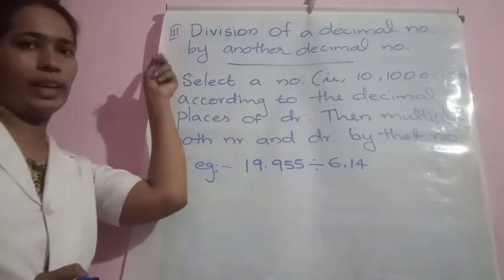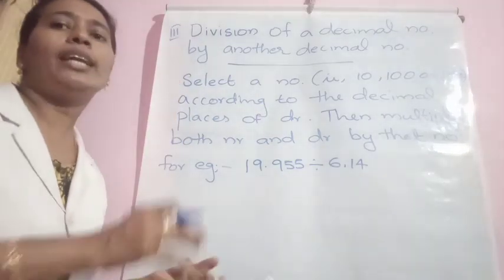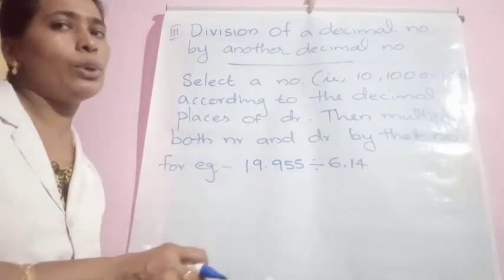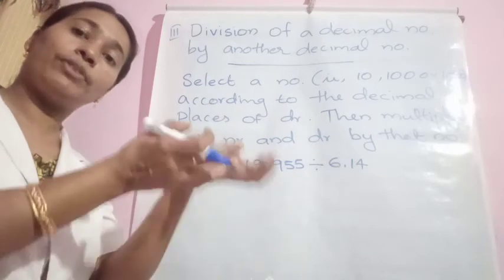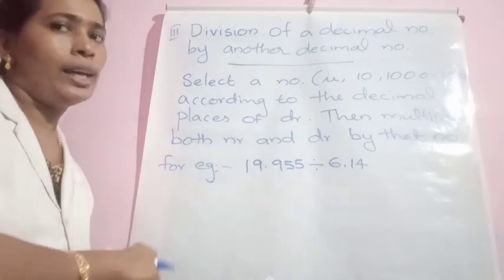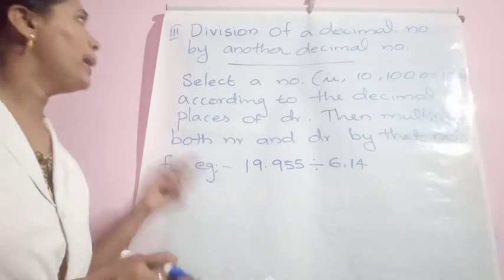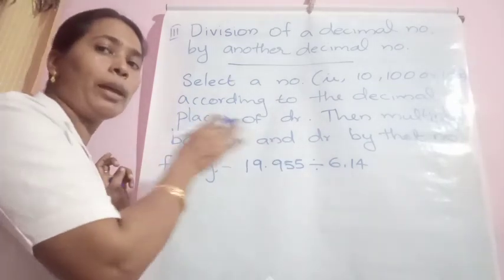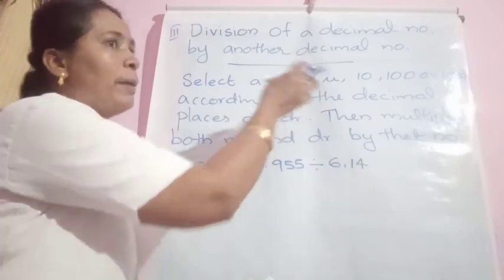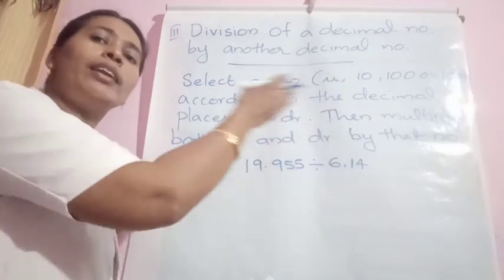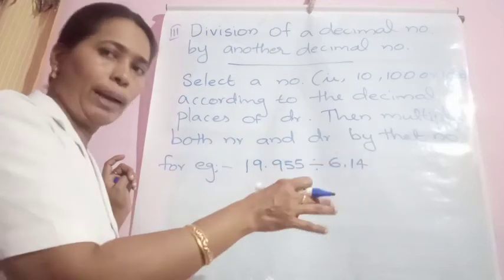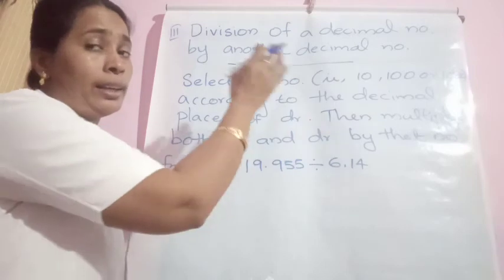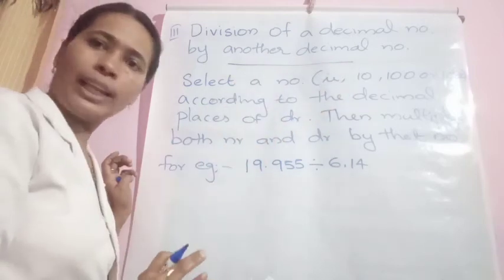So let us go to our third one. In the first case, directly you just need to divide decimal numbers by 10, 100, 1000, which means just shift the decimal to the left according to the number of zeros in the divisor. But in the second case, what did teacher tell you? We have to avoid the decimal point by making the denominator a multiple of 10, 100, 1000, etc. Then divide the number by the whole number, then divide the answer by the multiple of 10, according to the question. That we have done already.